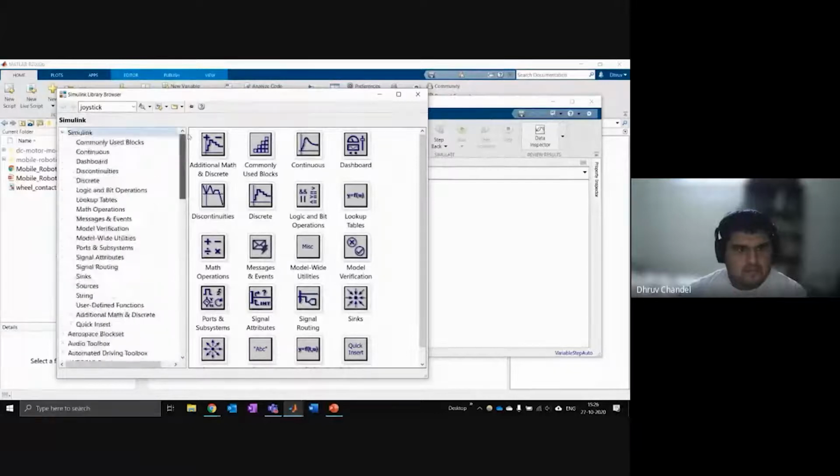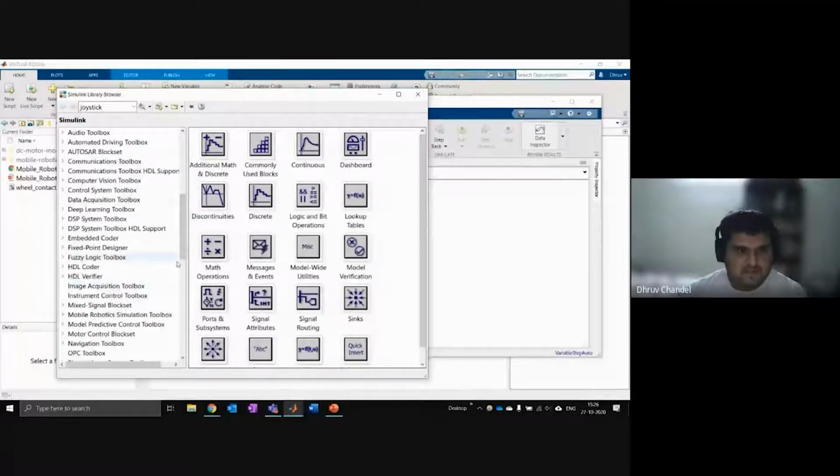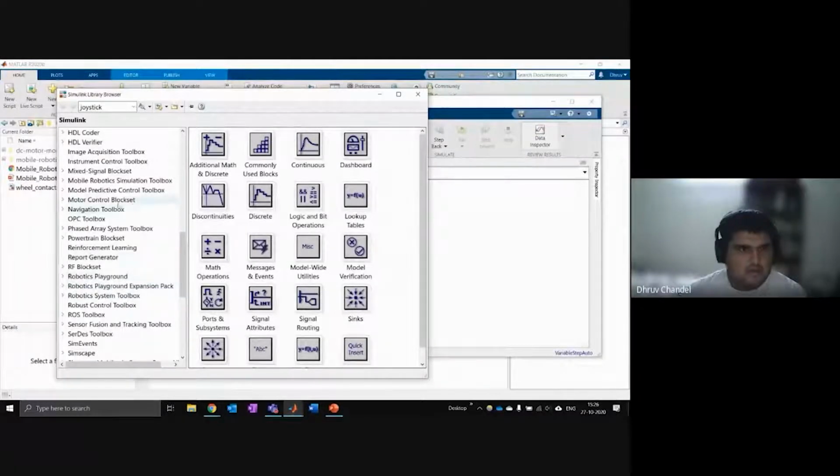Okay. So the basic library of Simulink has some basic blocks for doing your mathematics. More advanced libraries tend to have more advanced functions. So you can see we have a dedicated library for robotics systems. We have libraries for robotics playground and mobile robotics. I'll tell you where to download these.